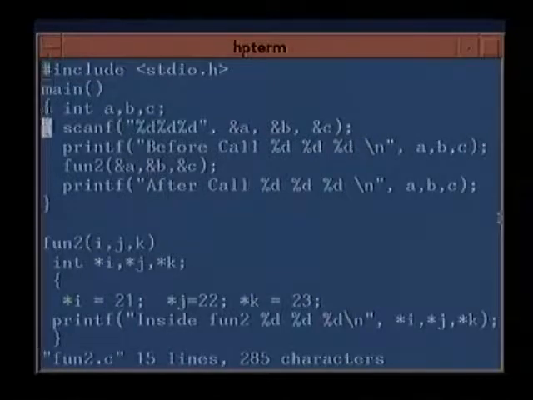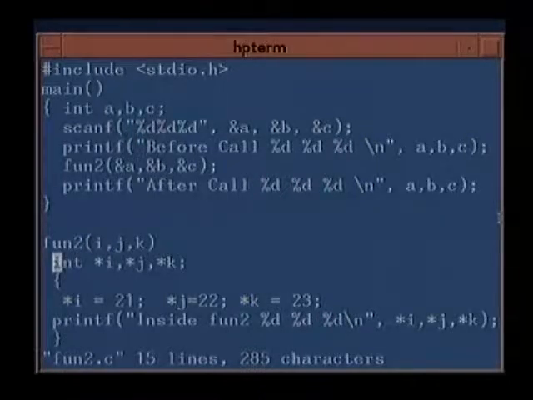So here what we did was we read in A, B and C. This is the value of A, B and C, and we passed them to fun2. We have used another function called fun2. We have passed the addresses of A and B and C, and printed the values after the call. And in fun2 we declared I, j and k, but we now have to declare these as address locations rather than variables. So this is how we declare it.